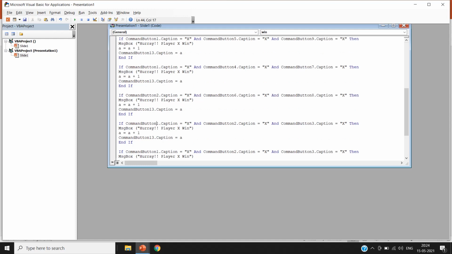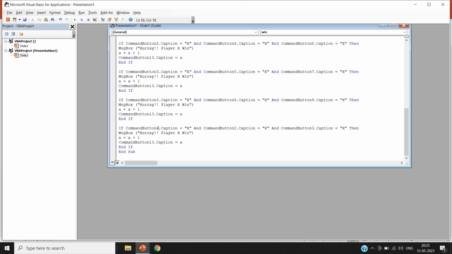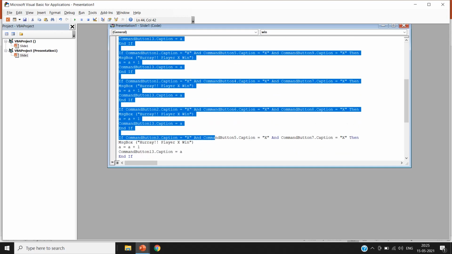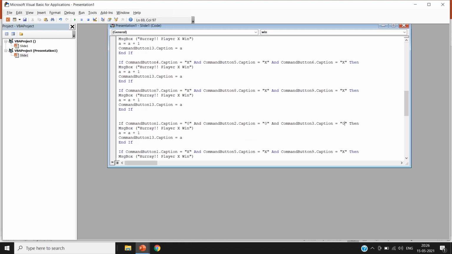Now we have to copy all the text which we have written in this private Win function, because these are all combinations for the X player only. We need to do the same coding for the 0 player. So now I'm copying and pasting it here. Now what we have to change: in place of X, we have to write 0.